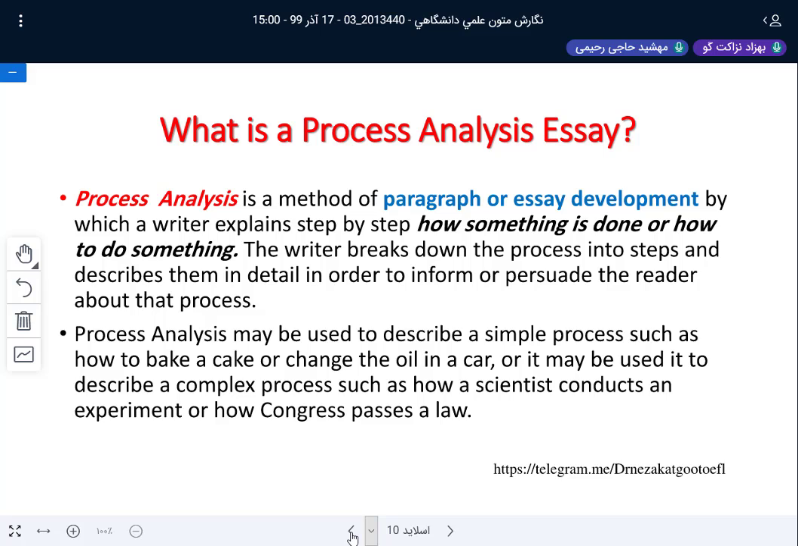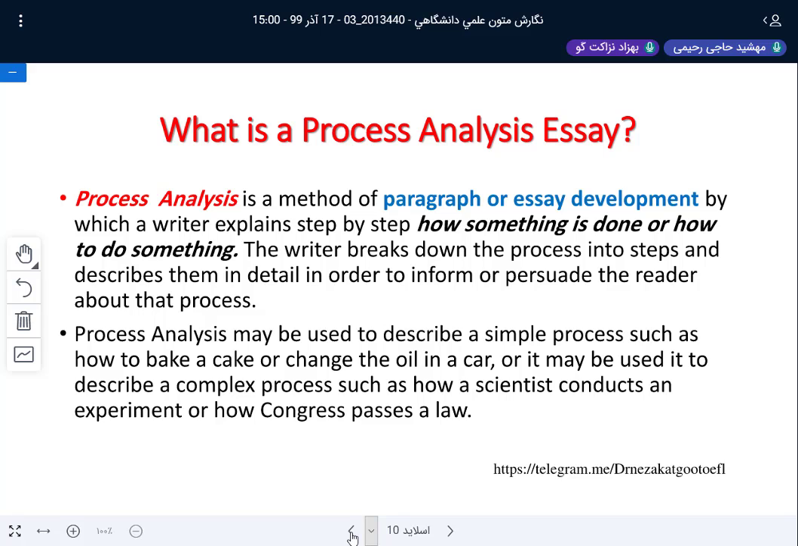Go on. What is process analysis? Process analysis is a method of paragraph or essay development by which a writer explains step by step how something is done or how to do something. The writer breaks down the process into steps and describes them in detail in order to inform or persuade the reader about that process. Process analysis may be used to describe a simple process such as how to bake a cake or change the oil in a car,